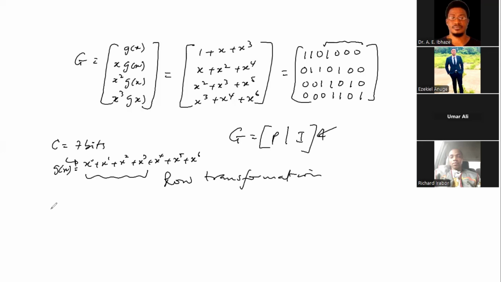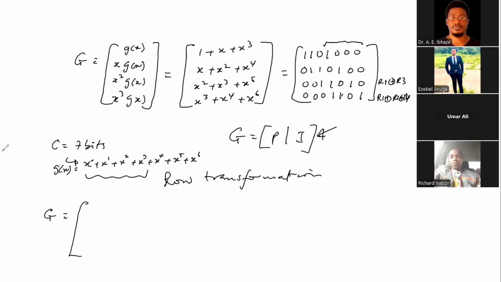So by row transformation, it means that we have our generator matrix this way, and now we have to perform the transformation such that this bit position will turn to 0. So if we add row 1 and row 3, this plus this will turn this to 0, and everything will be fine here. And for us to knock off these 2 bits, if we add row 1 plus row 2 plus this same row 4,